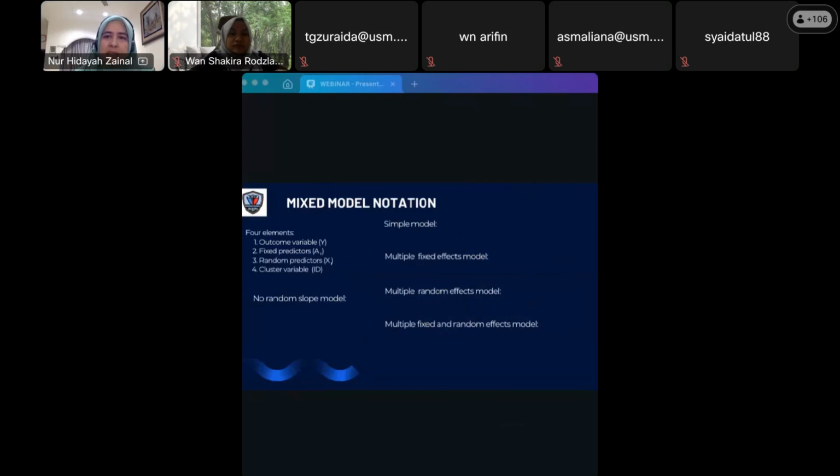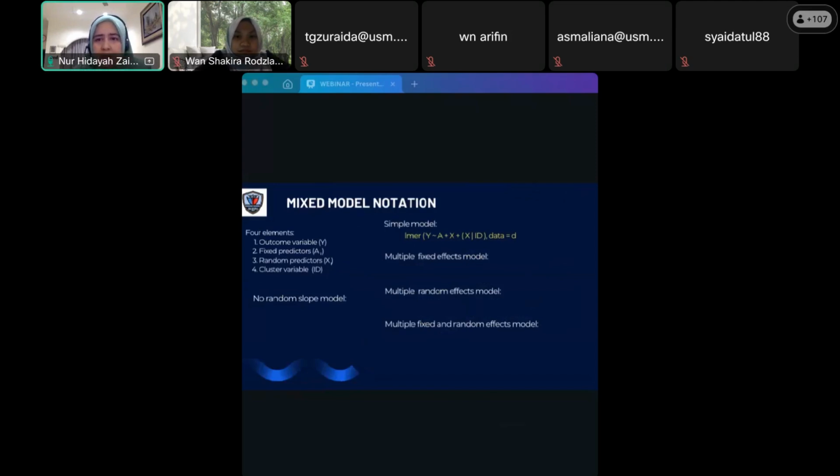So the syntax for a very simple model might look something like this. All right, so we've got y tilde a plus x vertical pipe id comma data equals d. Y right here is your outcome variable, just as it is with a regular regression model. A right here is where you put the fixed effects, and x right here is where you put the random effects. The id is where you put the cluster variable. So notice that all the random effects also have fixed effects, and that's important. Every time you model a random effect, it also has to have a fixed effect.